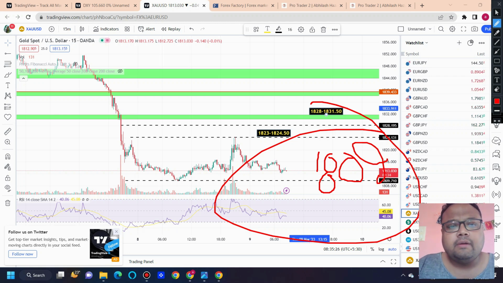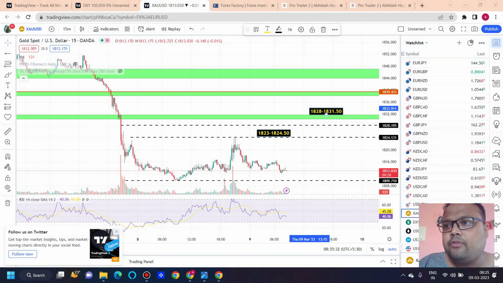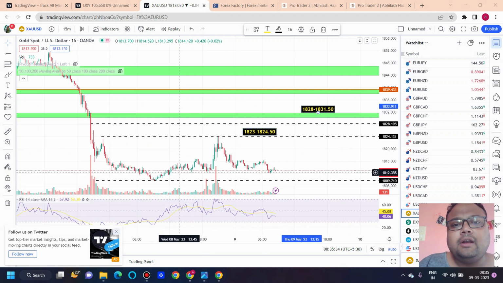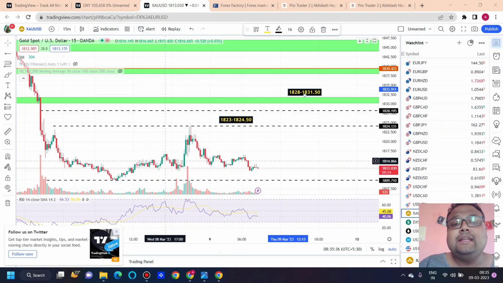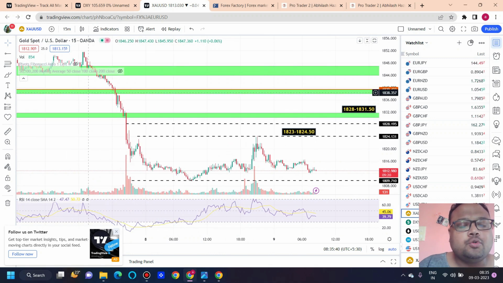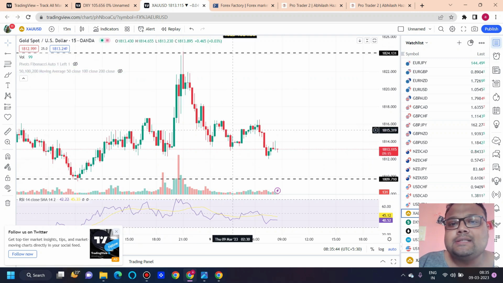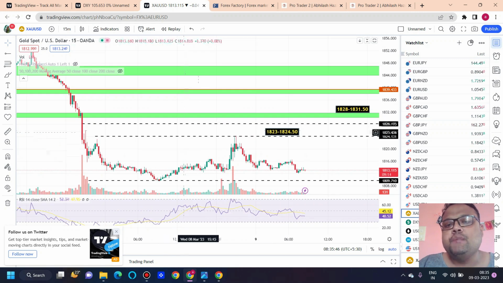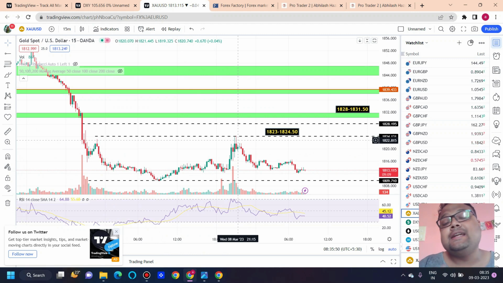If the volatility of the market remains like this, you can see the market is going down, forming small candles. Forming small candles means the selling pressure is not high. Candles like this show that the selling pressure is high. Candles like this don't show that the market is under the heavy dominance of sellers. Yes, overall the sentiment is not good, that I will not deny. We know it very well that the market sentiment is bearish.